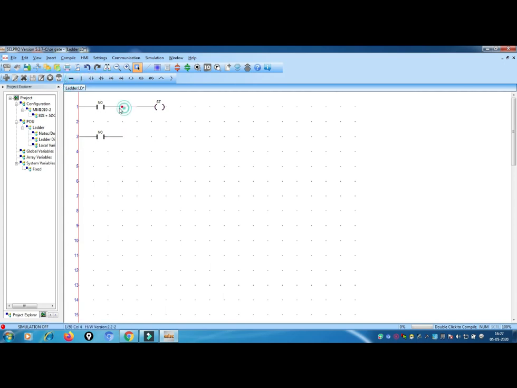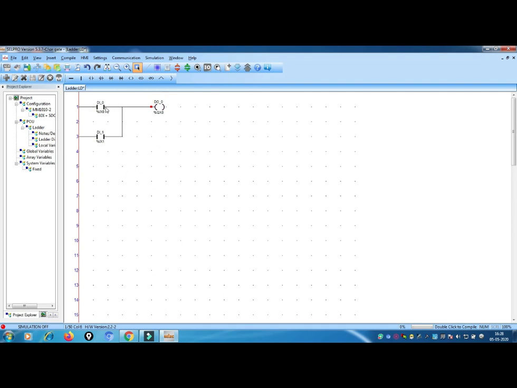Again one more switch, I am connecting in parallel. Okay, so see, I connected two switches with one lamp. So you can take this switch DI0 and DI1, two switches. DI means digital input; all inputs act as a switch or sensor. Okay, DO means digital output; it acts as a lamp or motor or any visual product. So this is our normal circuit, means we have taken two switches and one lamp.